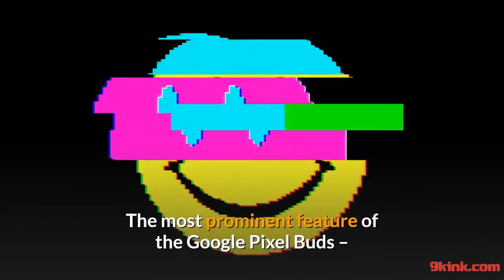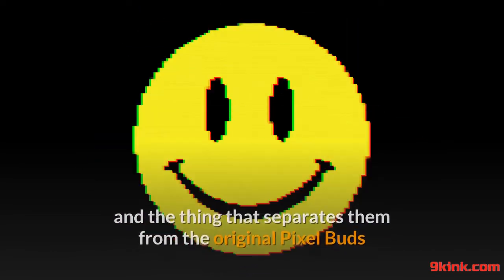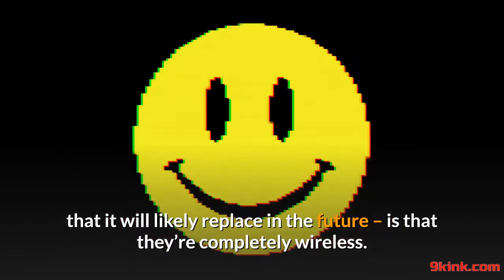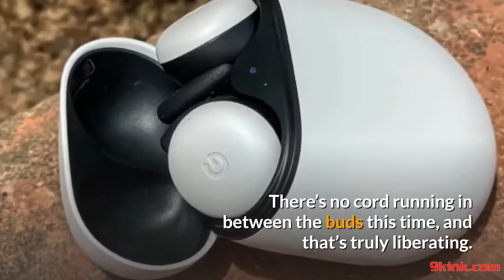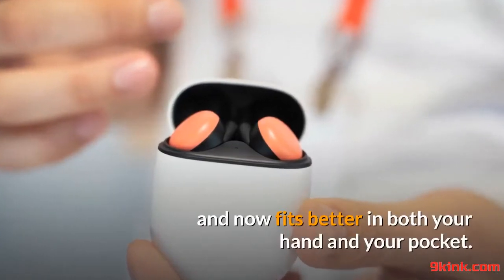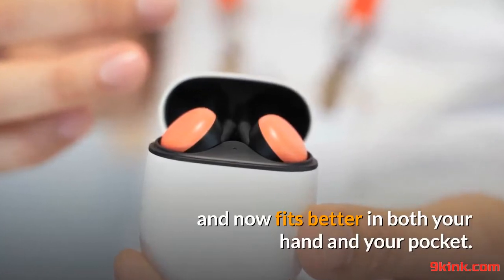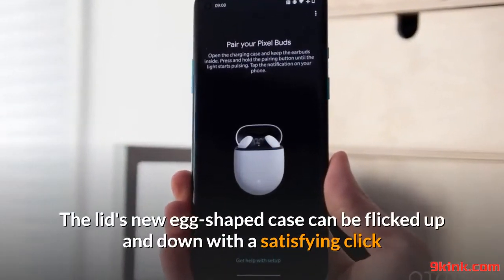The most prominent feature of the Google Pixel Buds, and the thing that separates them from the original Pixel Buds that it will likely replace in the future, is that they're completely wireless. There's no cord running in between the buds this time, and that's truly liberating. Because of that, the case has also been fully redesigned, too, and now fits better in both your hand and your pocket. The lid's new egg-shaped case can be flicked up and down with a satisfying click,